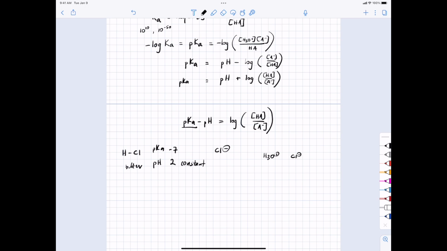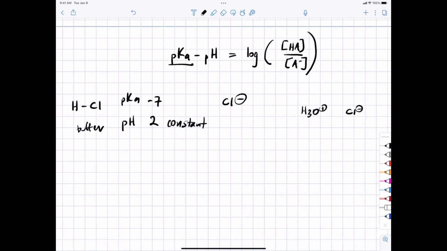Just making sure, in this case HCl is in its acidic form? At pH 2, HCl should be in its negative conjugate base form, because the pH is greater than the pKa of the acid. Can you repeat that again? You said when pH is less than pKa, the acid is in its acid form? So